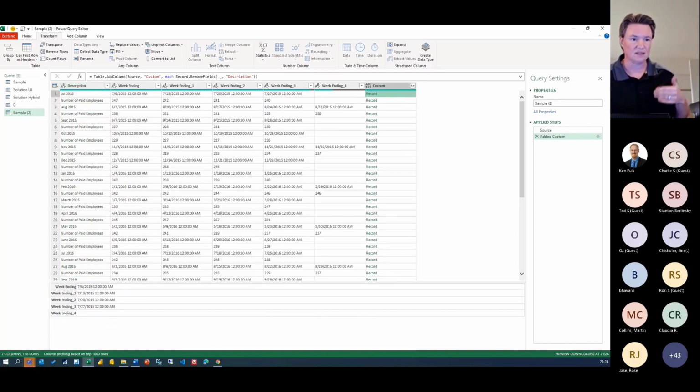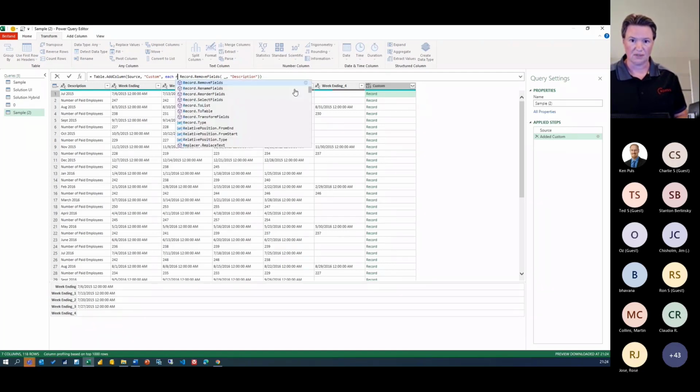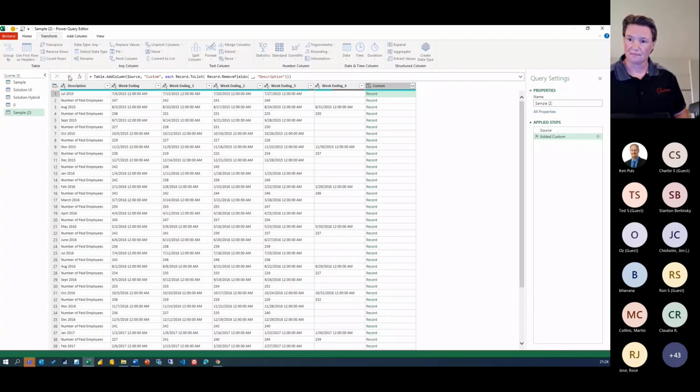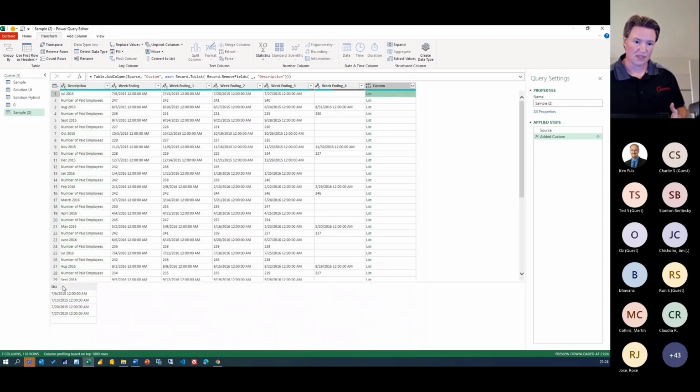I don't need the field names. All I'm interested in retaining at this time is the field values. So I'll add another function here inside the formula bar. I'll choose Record.ToList. There it is. Press that check mark again. So we no longer get a record, but we now have a list of values. So when I click off to the side now, I can see that we just have the value parts of that line, and the same for the next row and so on.